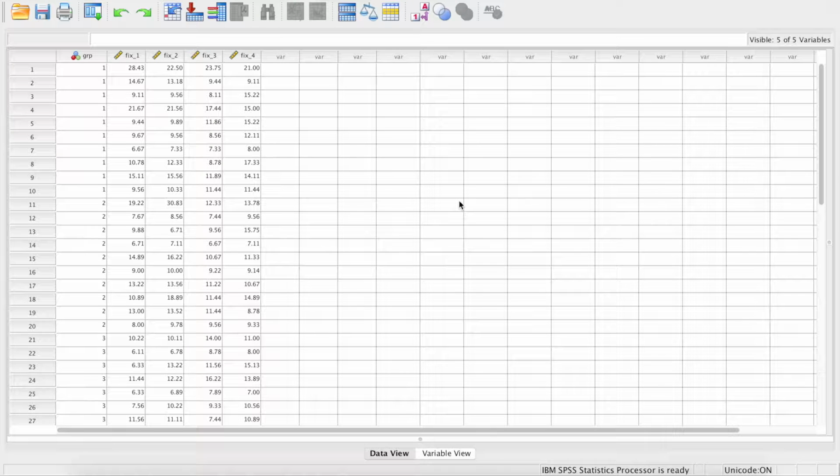Hello and welcome to this tutorial on how to conduct a factorial repeated measures ANOVA in SPSS. Now, as you can see, I've imported my data into SPSS, which is showing 30 golfers